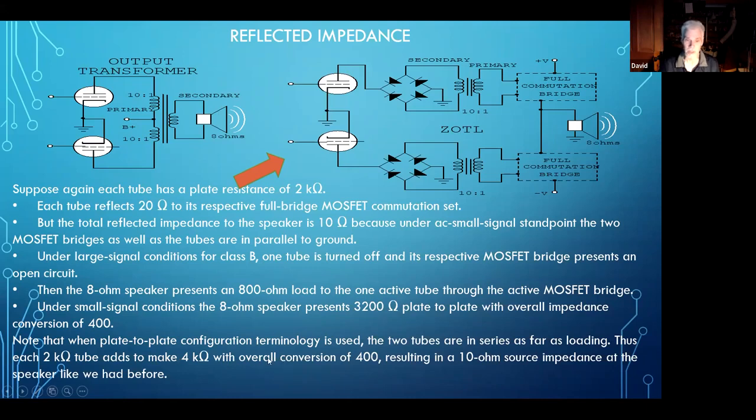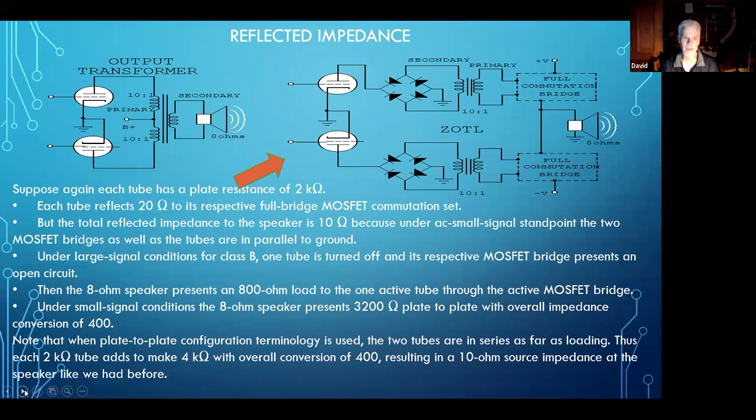Note that when the plate-to-plate configuration terminology is used, the tubes are in series as far as loading. Thus, each 2K ohm tube adds to make 4K ohms with an overall conversion of 400, resulting in a 10 ohm source impedance at the speaker like we had before. So this is kind of a mouthful of technical gobbledygook maybe, but